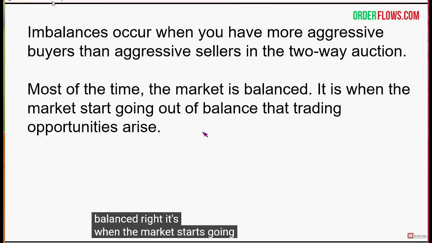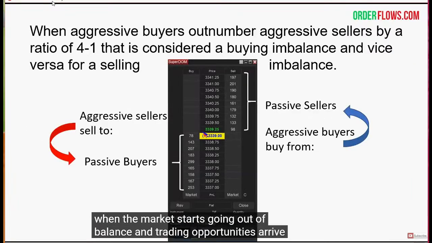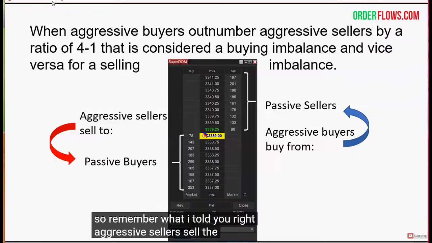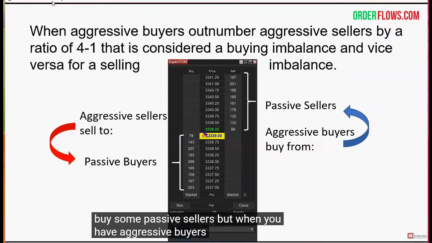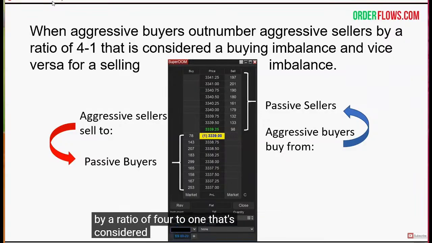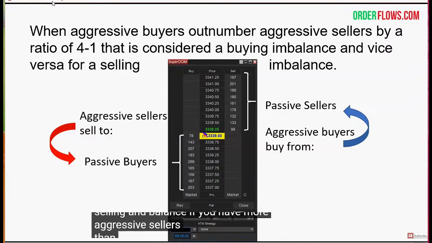It's when the market starts going out of balance that trading opportunities arise. So remember what I told you, right? Aggressive sellers sell to passive buyers, and aggressive buyers buy from passive sellers. But when you have aggressive buyers outnumbering the aggressive sellers in the two-way auction by a ratio of 4 to 1, that's considered a buying imbalance, or vice versa, a selling imbalance if you have more aggressive sellers than aggressive buyers